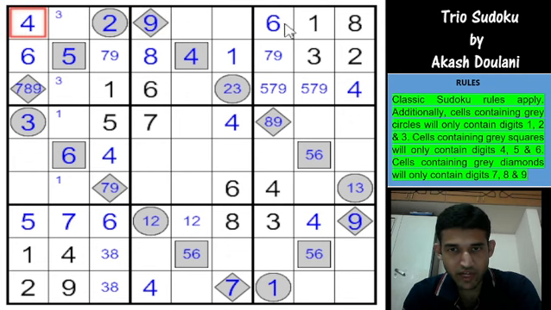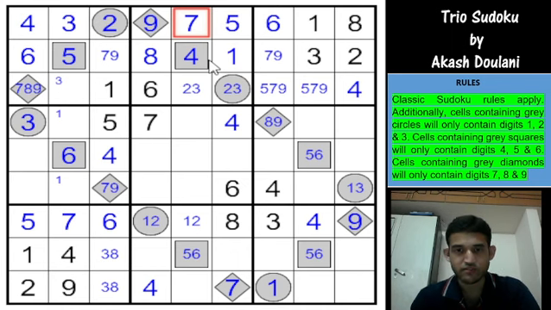Okay, 2 4 9 1 6 8, so I can just write in the digits in row 1. Remaining must be 3 5 7. I have 5 and 7 here, so that has to be a 3, and which means these two cells must be 5 7. Of course 7 is here, so that's a 7, that's a 5, and this would be 2 3, right? 2 3 6 1 4 8 5 7 9. Okay, fine.